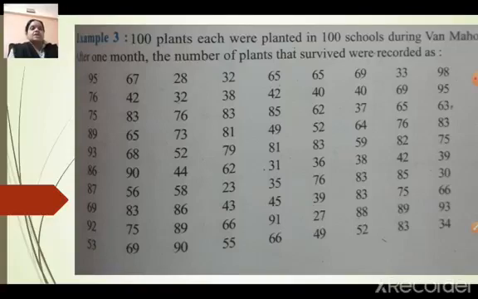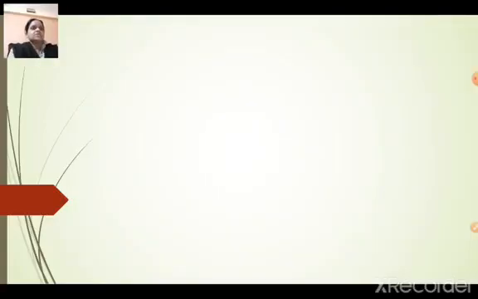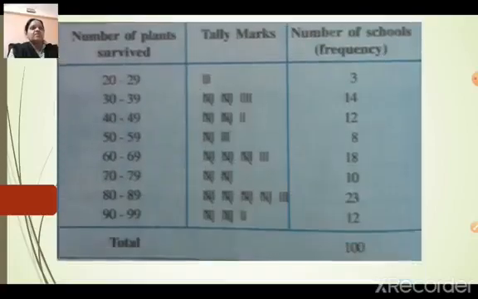So now you can see here it is very difficult to remember this data. So what we will do, we will just write the record of the number of plants recorded. We will write it in a tabular form. How does it have to be done in a tabular form? It is called a group frequency table. So let us see the group frequency table over here.